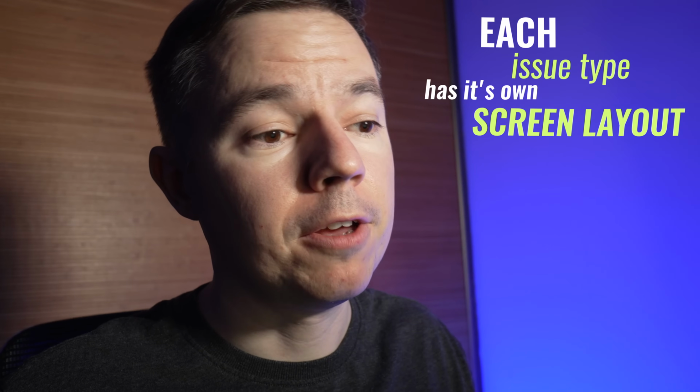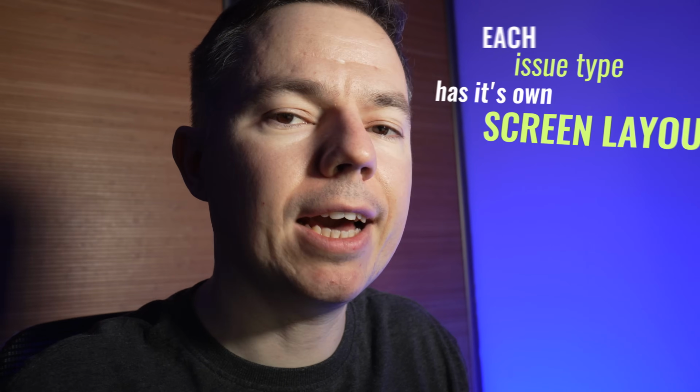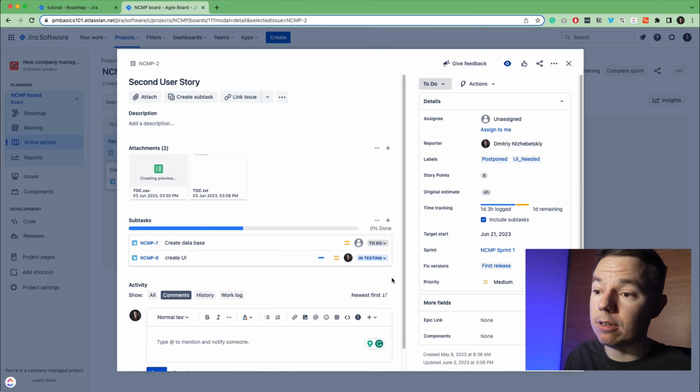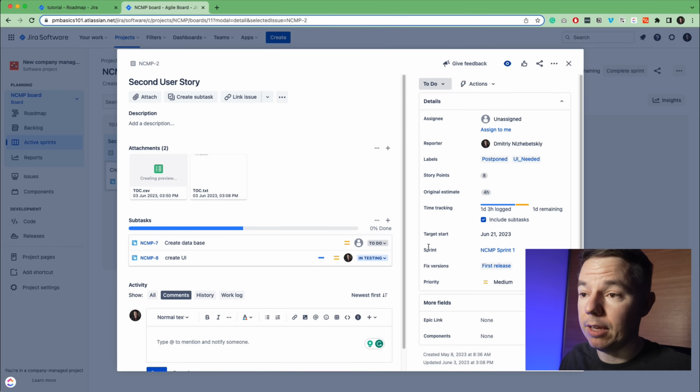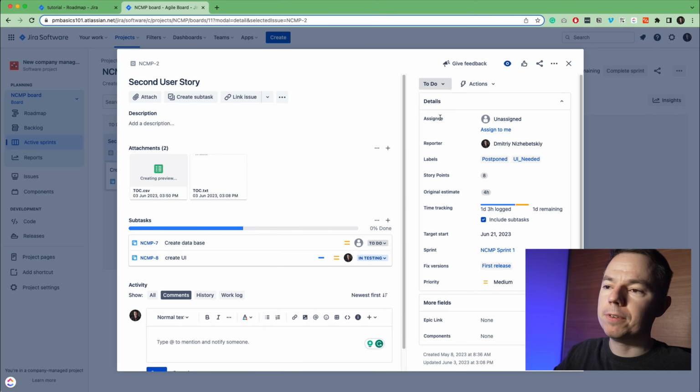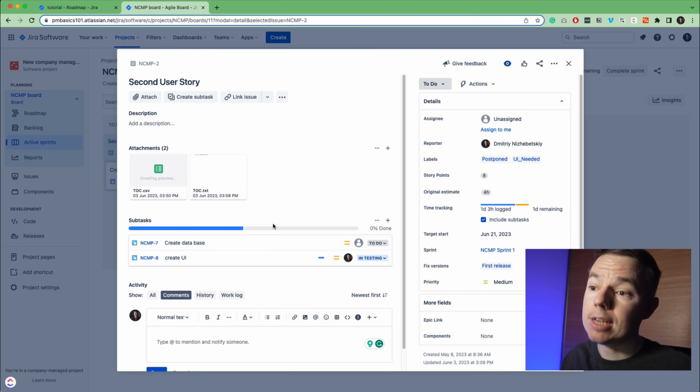So here's what I want you to remember, that there are different issue types like user story, tasks and subtasks, epics, and each of them may have different set of fields and even composition and layout of these fields. Likewise, in general, you can customize everything here. You can have a different set of fields. You can compose them in different way. You can put some fields in details, some in more fields, some in this general section. So when you come to a real-life company and you will see that it's completely different, that's totally okay, because they just customized it. But at the end of the day, it's just Jira.